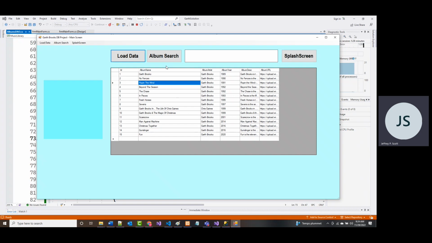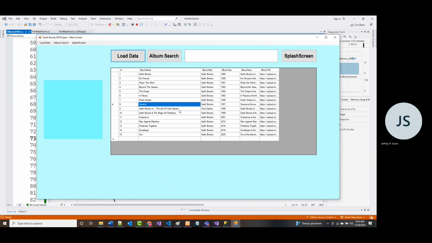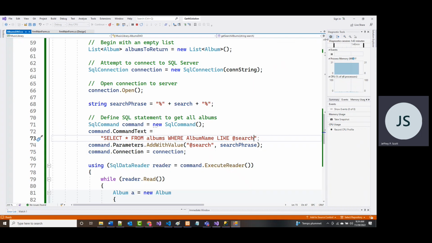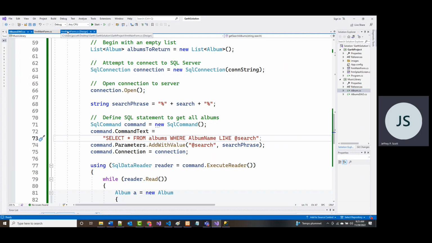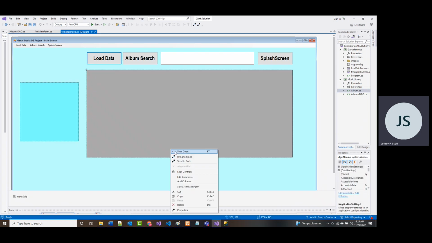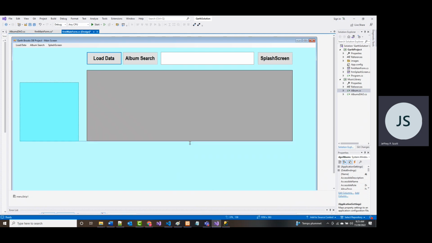All right, so everything that we do, we want it to be based off of what's in here. Well, what is in here? Well, this is the data grid view. All right, so let me close this. The first thing I want to do, and you don't have to do this, this is all a matter of personal preference and taste, but I want to make this data grid view about the same size as that. So they're pretty close to the same size. All right, I kind of like that.